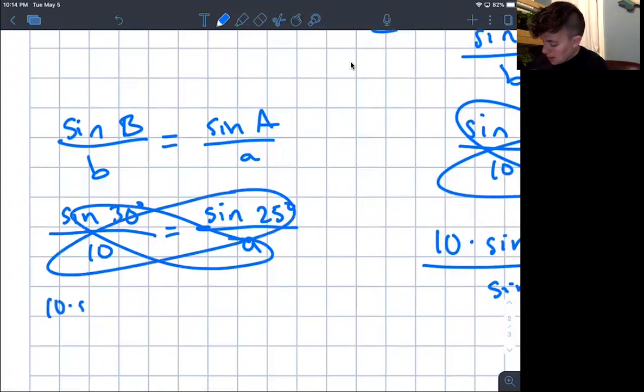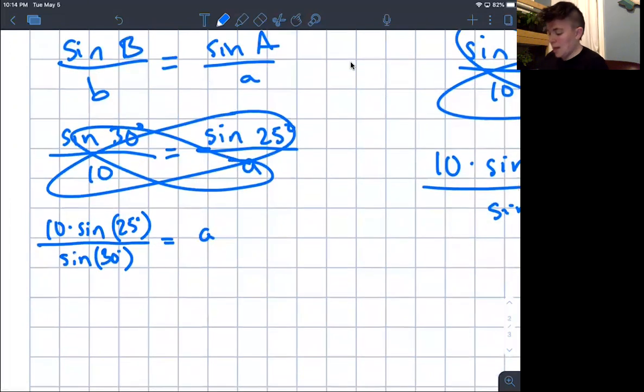So I know that 10 times the sine of 25 degrees divided by the sine of 30 degrees is equal to A. So 10 times the sine of 25 equals, divided by the sine of 30,